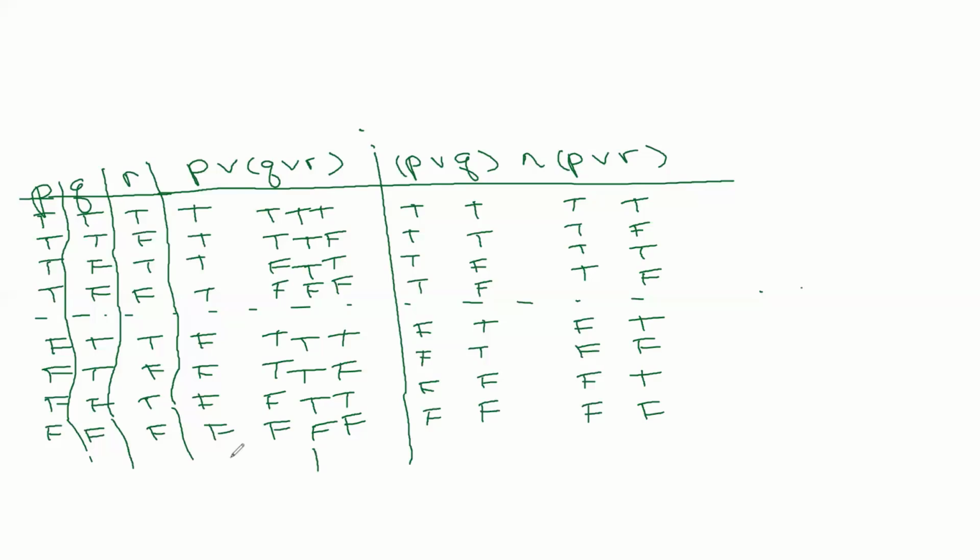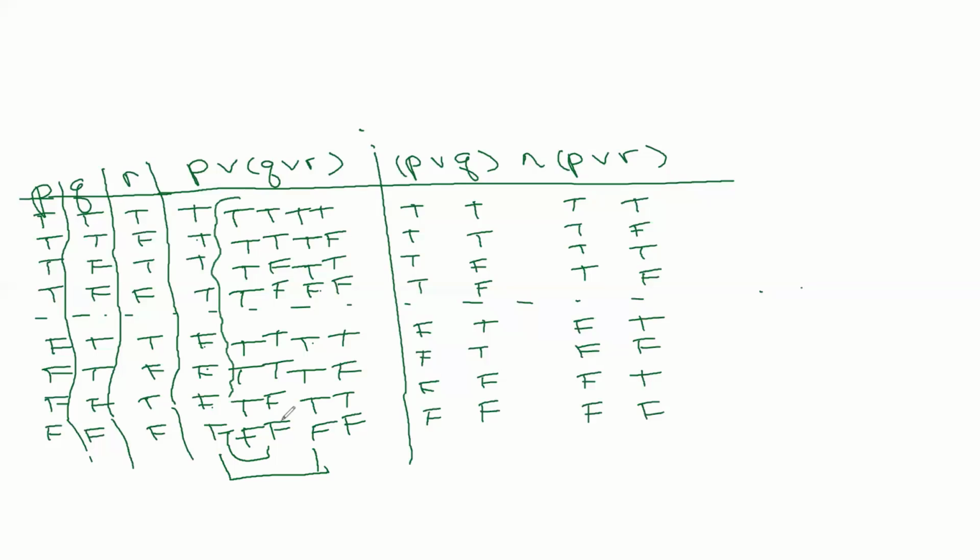We're going to combine this with P to get our or statement here. True or true, true, true or true, true, true or true, true, true or false, true, false or true, true, false or true, true, false or true, true, false or false, false. So this is our answer column